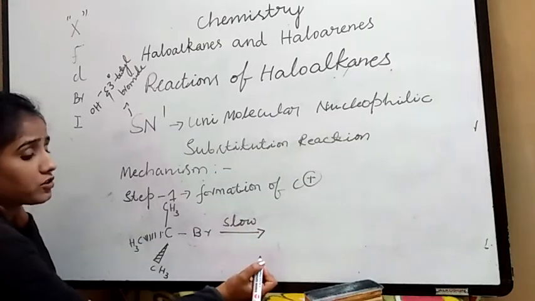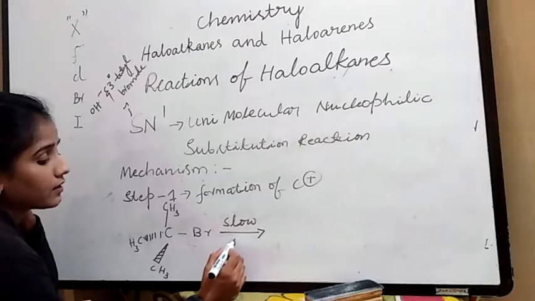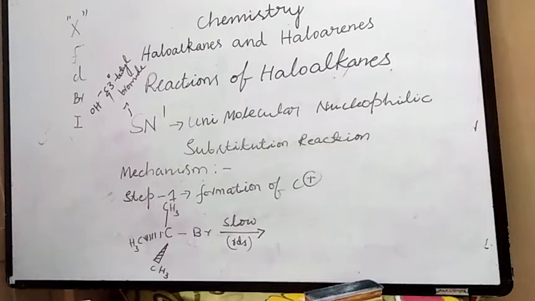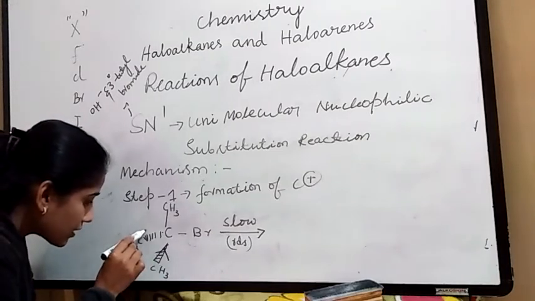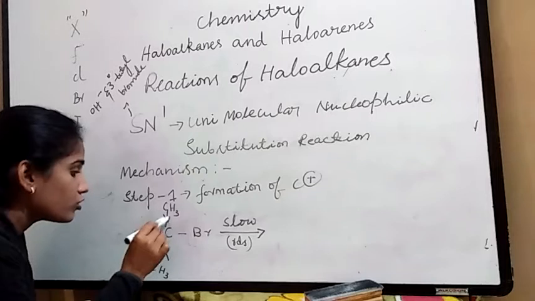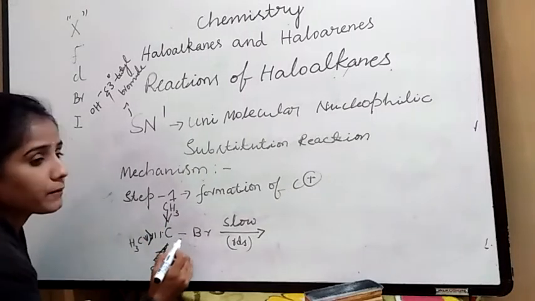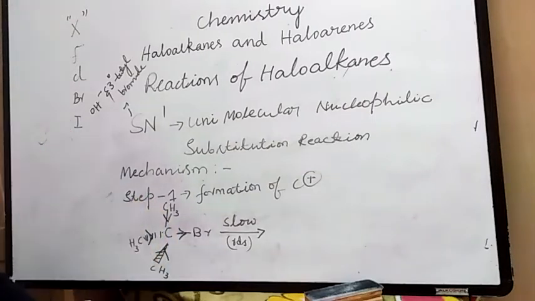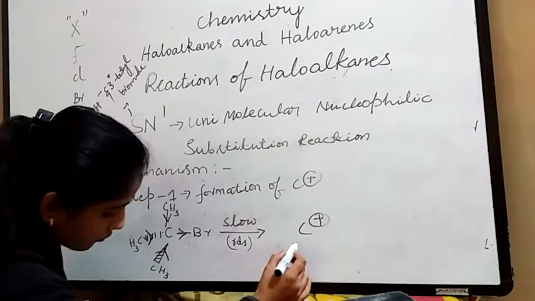As we know that when the reaction is slow, we can determine the rate of reaction. So this is the rate determining step, RDS. As I told, the tertiary butyl bromide forms a carbocation because the 3 methyl groups present in tertiary butyl bromide release the electrons towards the carbon. As a result, the tertiary butyl carbocation will form with the departure of the halide ion. So, carbocation will form.